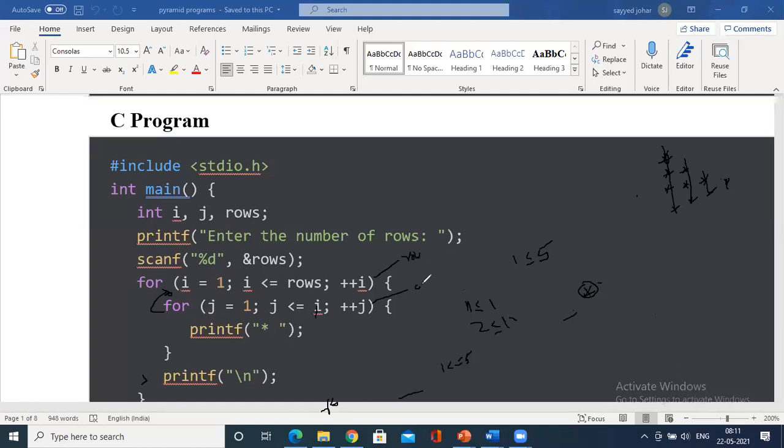How many columns will the first row have? Only the first element of the column. So j equals 1, for printing the element, is 1 less than or equals to the value of i? Yes, you enter, and a star will be printed.